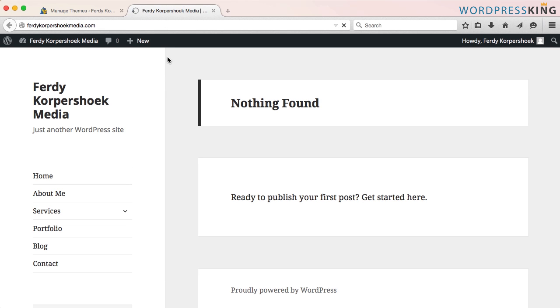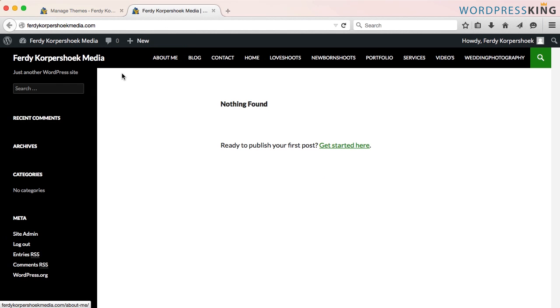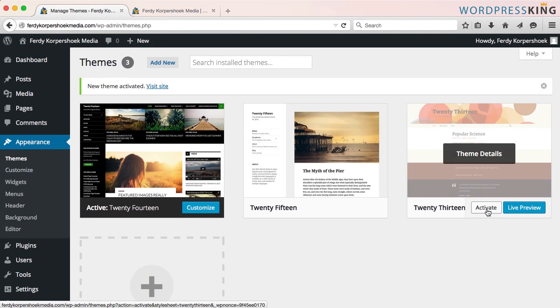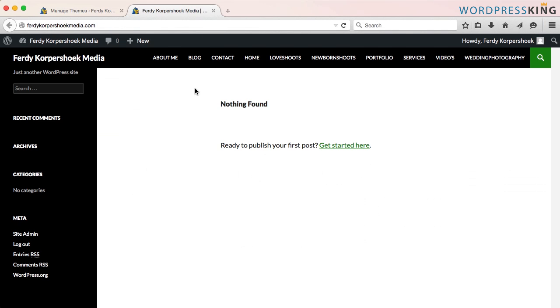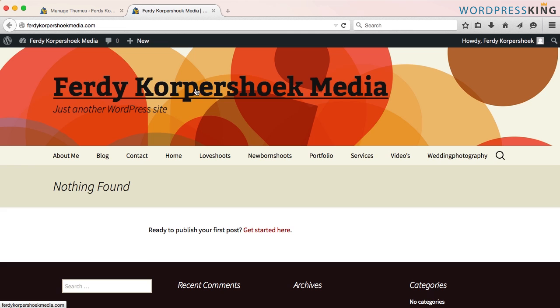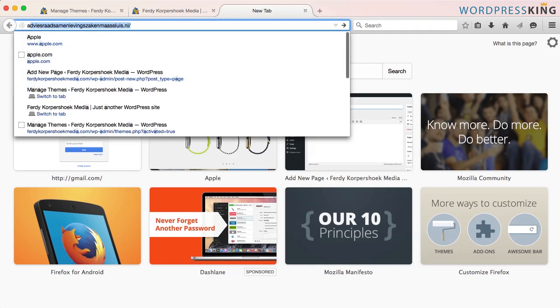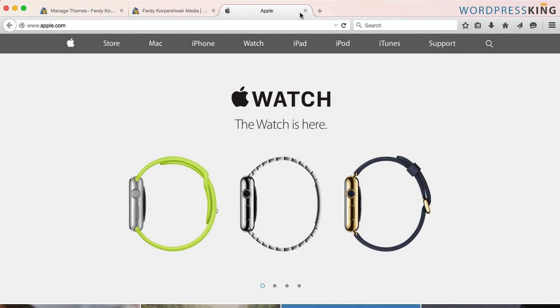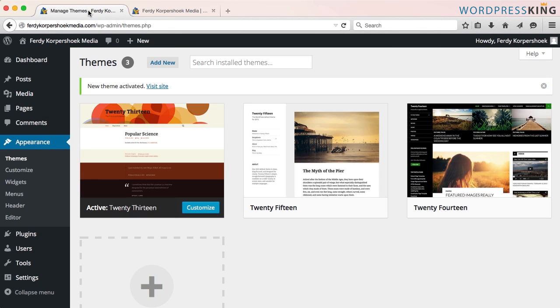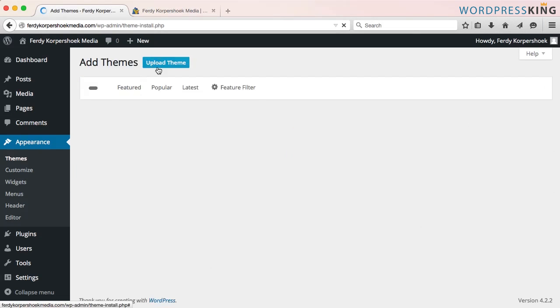I renew this, and what do you see? The menu is over here and the website is totally different. Again, I go to this one, 2030, I activate it, I renew the page, and now it's looking like this. And in my opinion, this is looking like crap. This is much better. So, what I will do, I will add a new theme by clicking the button Add